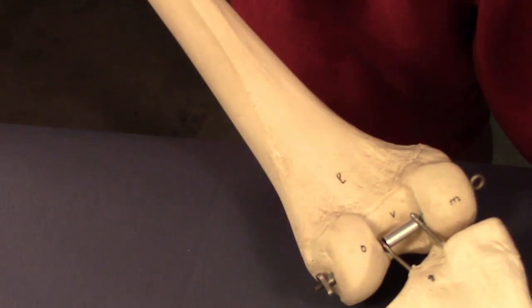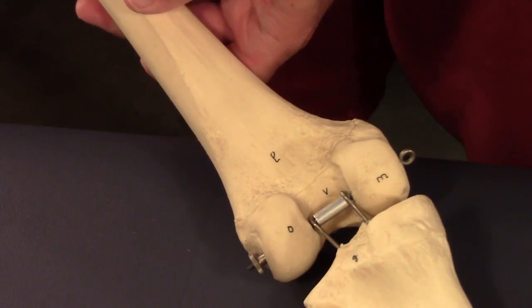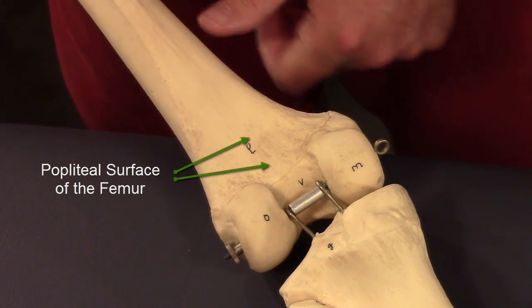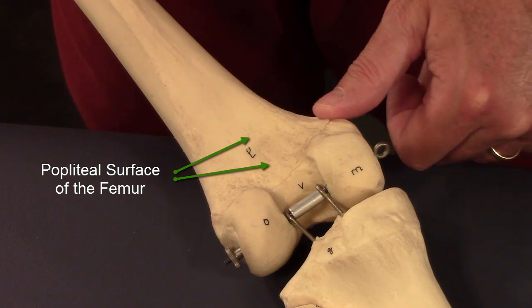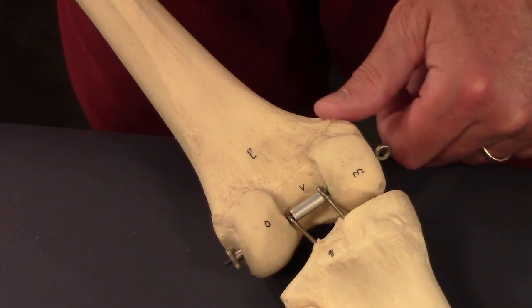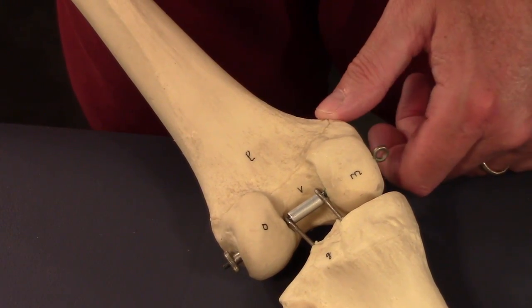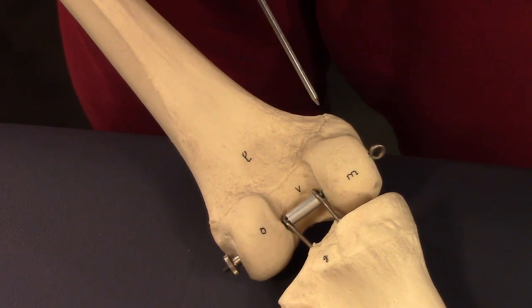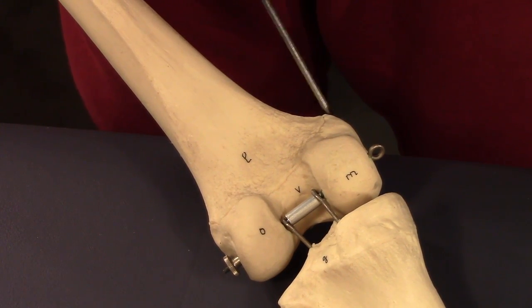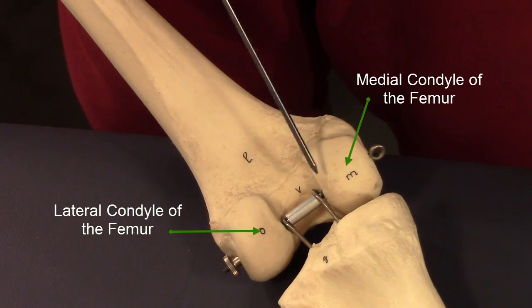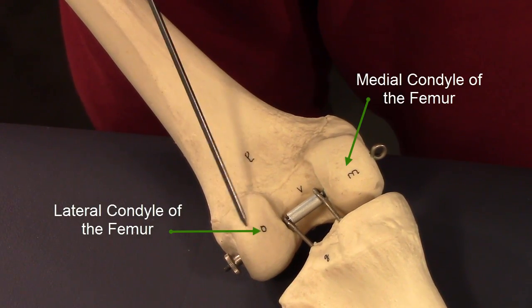Okay, now this might be difficult. Let's see if we can turn it over. So now we're on the posterior side. Can you tell which way is which? This one always sticks out. You can feel it on your knee. This is the medial epicondyle again. And now we can see quite nicely the adductor tubercle is right there, ADD, adductor tubercle, lateral condyle, medial condyle,